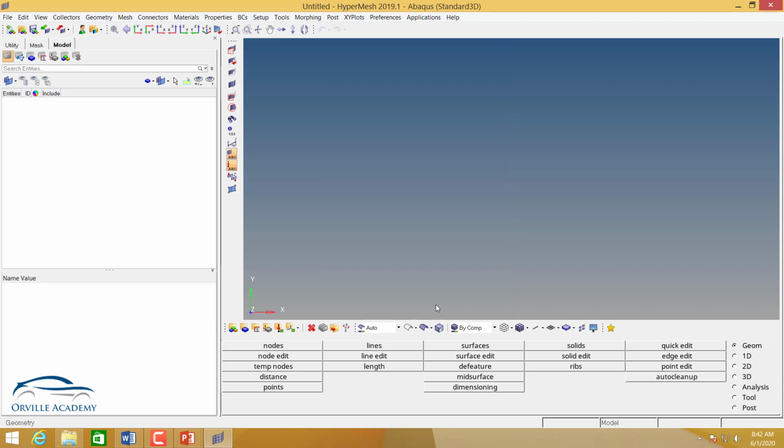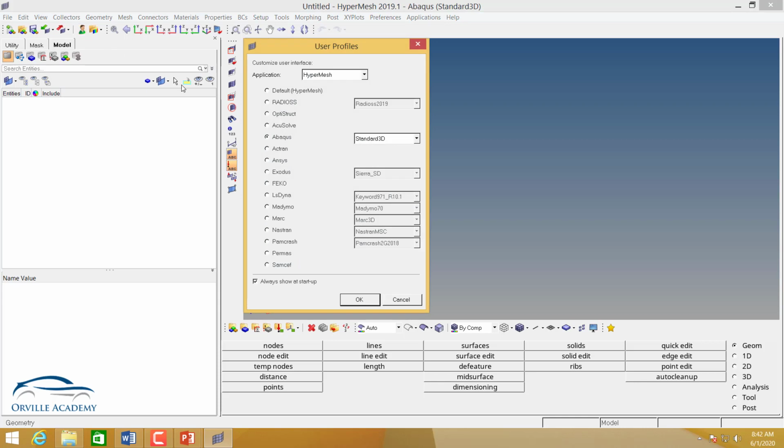Now imagine, suppose later on you decide, okay, I don't have a license of Abaqus available. I'm going to solve my model using MSC Nastran. Then I have to change the user profile again. So don't worry, you can go here and set the user profile again to MSC Nastran. So you can go for Nastran and here we have something called MSC Nastran, and let me say okay. But there is a problem with this.